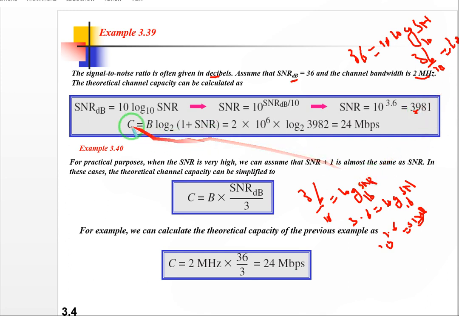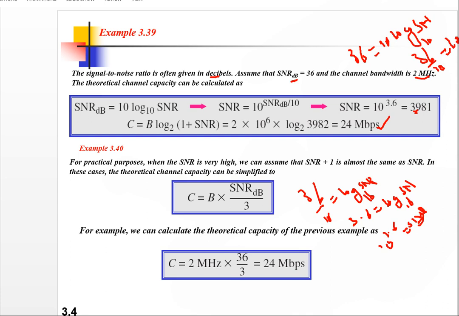Now just apply the Shannon capacity formula. So C is equal to B log base 2 of 1 plus signal to noise ratio. You have B, which is equal to 2 megahertz, so mega is 10 raised to power 6, log base 2 of 1 plus signal to noise ratio. Just work it out, and your result is this one. So that is the simple way of solving a noiseless and a noisy channel using the Nyquist equation or the Shannon capacity.